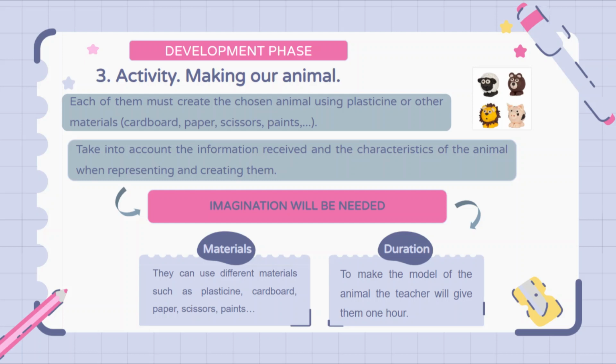The third activity is called Making Our Animal. In this activity, each student must create the chosen animal using plasticine or other materials. To do this, the student must take into account the information received and the characteristics of the animal when representing and creating it. Imagination will also be important in this action, since in addition to taking into account the characteristics of the animal, it will be up to them to decide how to place the chosen one. They can use different materials such as plasticine, cardboard, paper, scissors, paints. These materials will be available in the class so they don't have to bring them from home. And to make the model of the animal, the teacher will